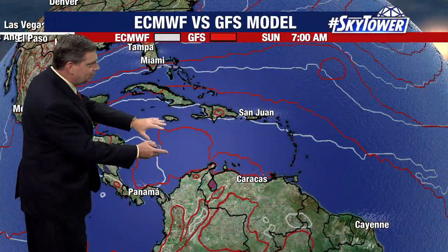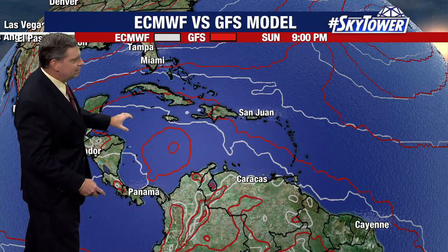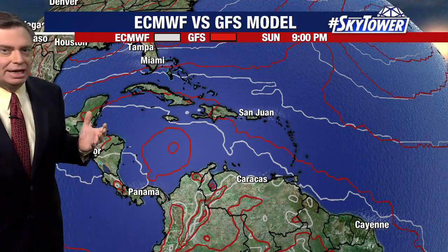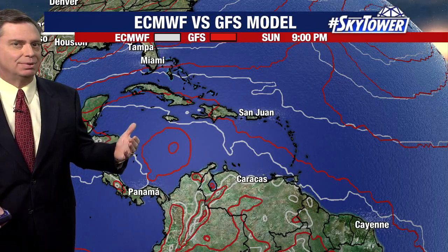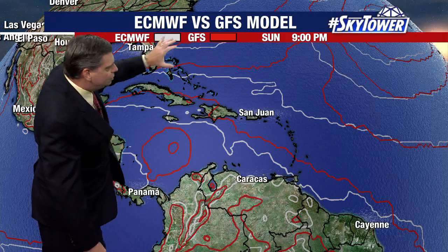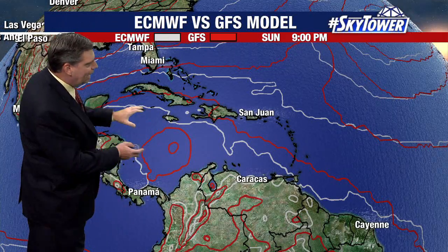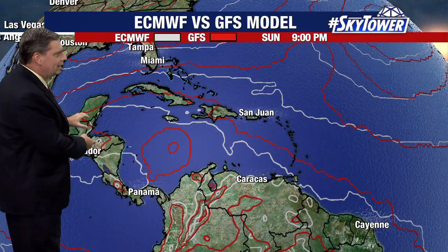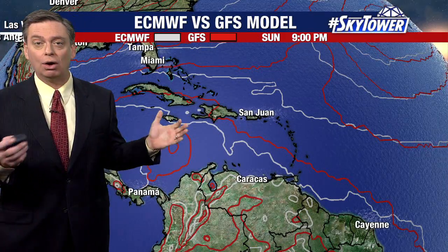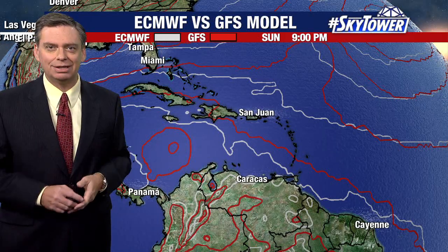Where you do start to see some development is once it gets into maybe the central or the western Caribbean. But again, you're not seeing significant development. So anything that happens with this, I think is going to be fairly slow to come. And with that ridge to the north, that should protect us, but that would send anything that does develop into Central America. But still, we're talking a long ways off, but it's just one of those areas that we will